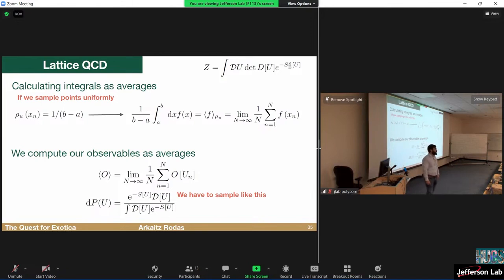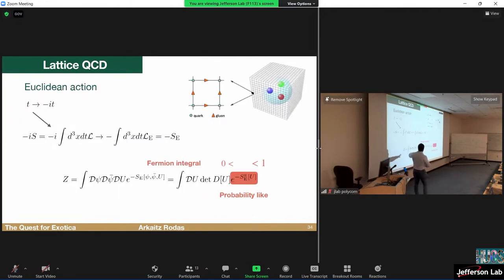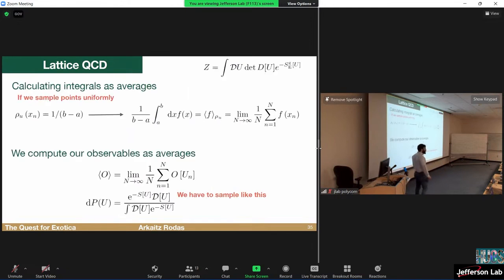If you know the probability distribution, you should be sampling accordingly. So this multi-million integral, actually this part, these U are the gluons, part of the fermions, we did algebraically. So we are not going to calculate this millionth dimensional integral. What we're going to do is sample our observables and do averages. So we no longer have to do a million dimensional integral.